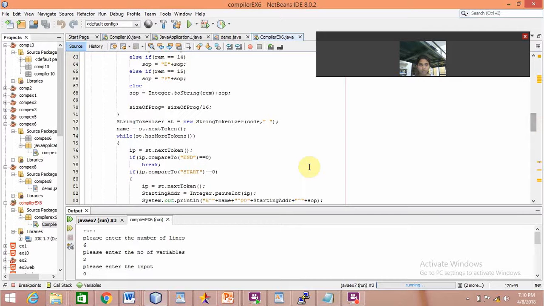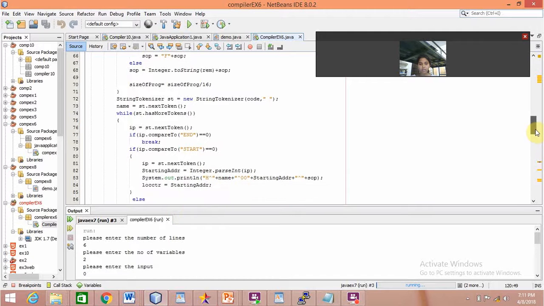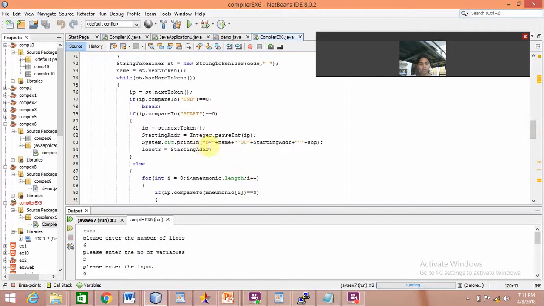so everything gets printed. And here tokenizer means I can search the tokens in terms of the spaces, and if it has no tokens, the input is equal to next token, it will start to compare, and the IP will go to the end and break. If comparison starts, it will start to check the tokens, and to see the tokens I am taking pass int, and in the format it always starts with the header and then the name of the program and 00 plus starting address, and with some space this tab line will be given,